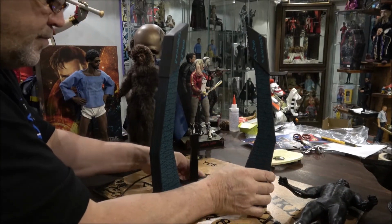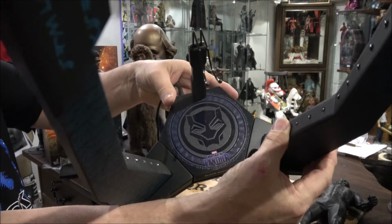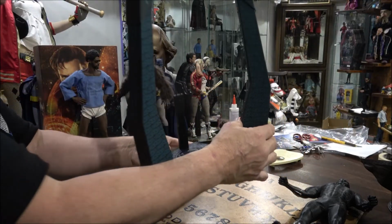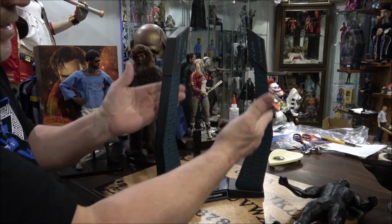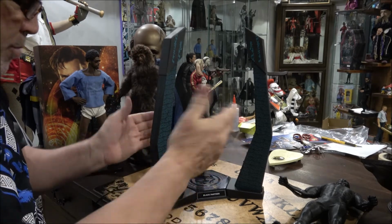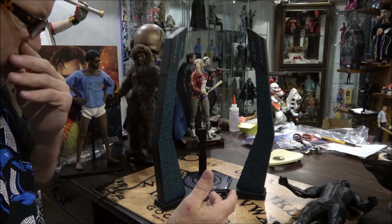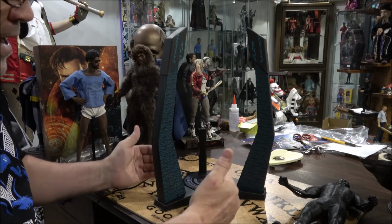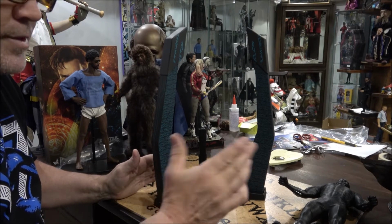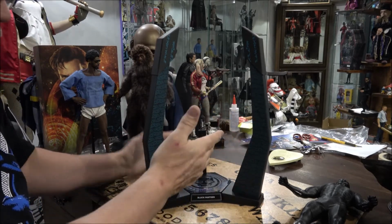I'll try to show you the base, but I've got it all wired up, so I don't really want to unwire it. So there you have the base. Then there's these LED foam fitted lighting attachments that you put at the front, and you can reverse it and have the back lit up. I probably should put it to the back, because I do have some lights that can have the same effect in my DTOF. So I'm probably going to, but for the camera's purposes, I'm going to show you without the lights